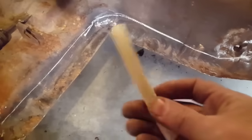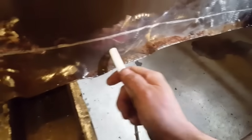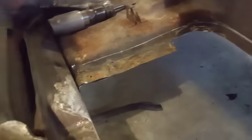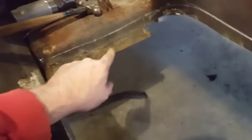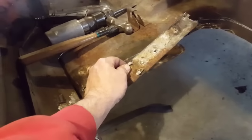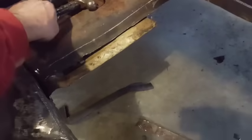All I use is this little piece of soapstone, marked it all along there. Now what I'll do here is come down to about here and cut all this off. Okay, got that all trimmed up. I've been showing you, all I've been doing is cutting back the metal to where I want to, and then I'll work it from underneath with a chisel and just remove the panel that way. All I'm doing is using that